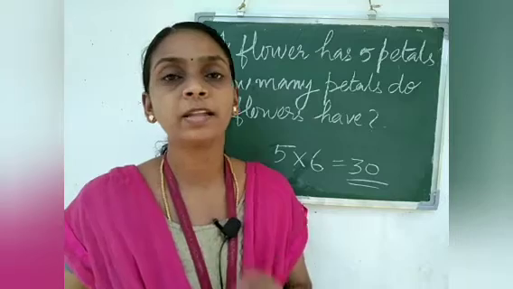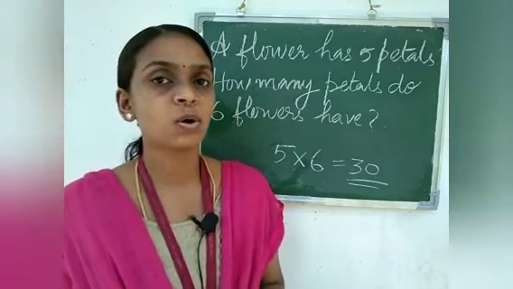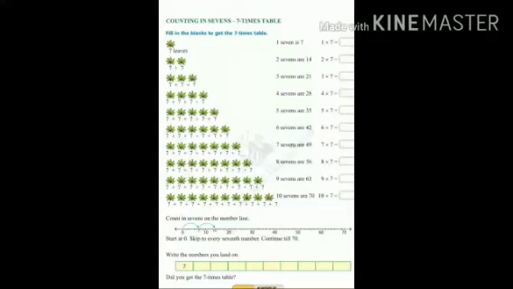That I will explain through the help of the slides or video. So we will study the multiplication table of 7. All of you take your textbook page number 120. All are taken? So we will read the multiplication table of 7, and there is a box. You have to fill that box. The answer you have to fill in that box.